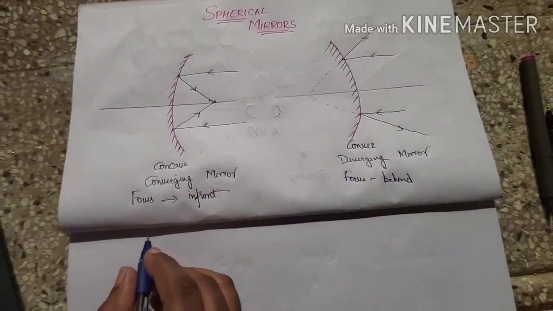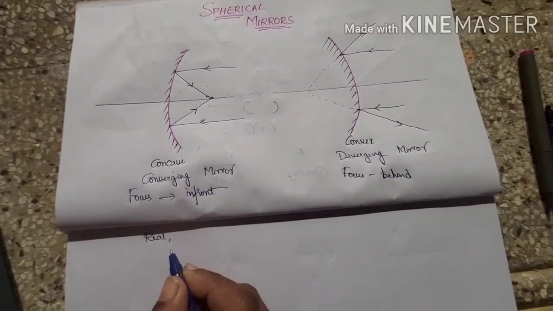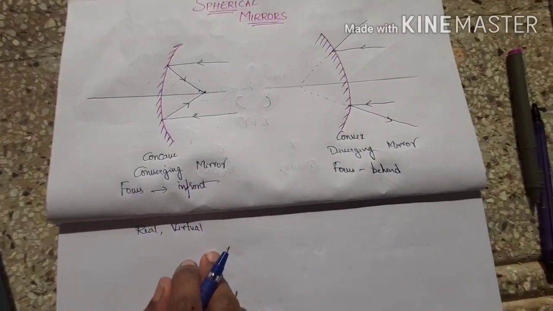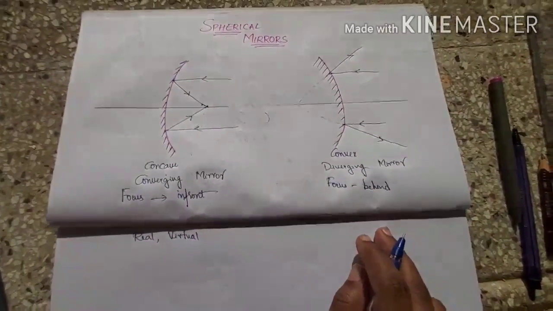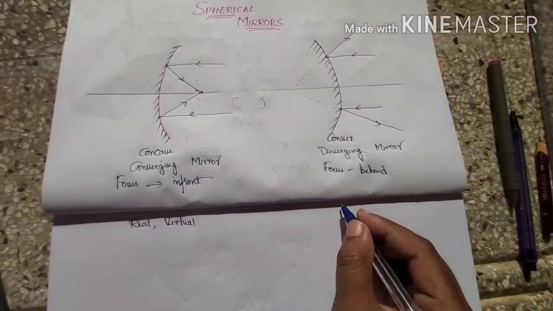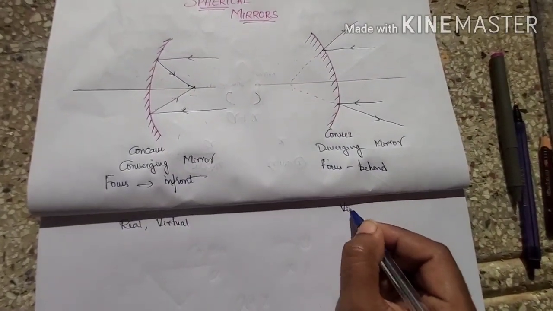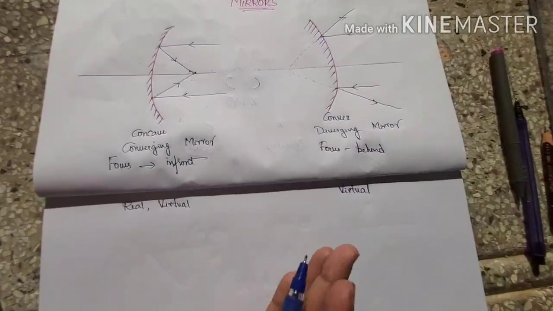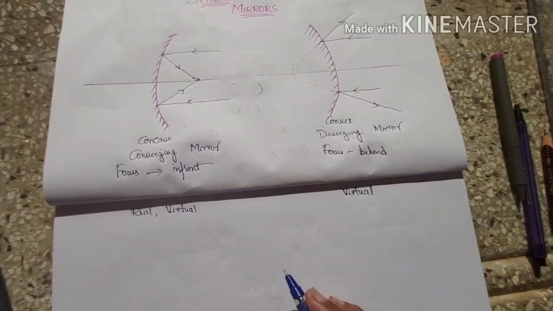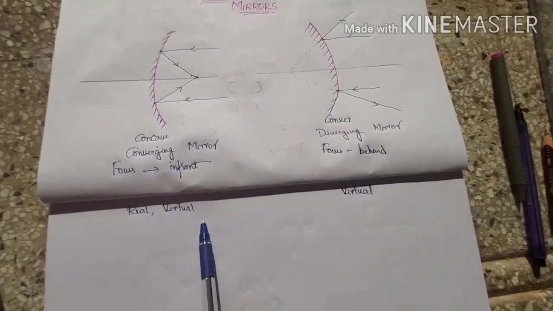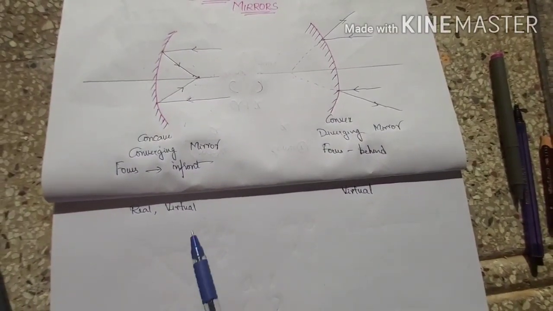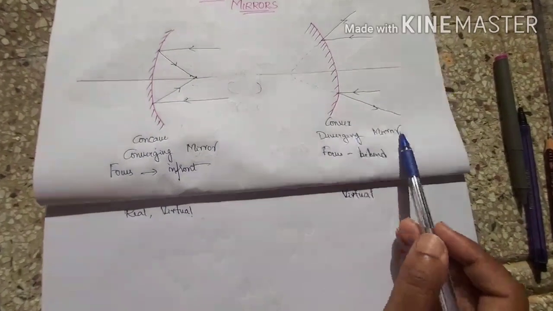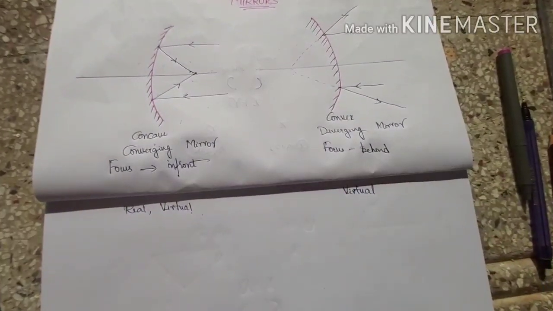In a concave mirror, the images will be real images. Depending on the positions, they may be virtual images. So we'll see these two cases in the next video. Whereas for a convex mirror, whatever the position might be, it will always be virtual images. I'll teach you the difference between real and virtual images. For now, just remember, a concave mirror will form real images in most cases; depending on the position, the image can change to virtual. Whereas for convex, it is always virtual.